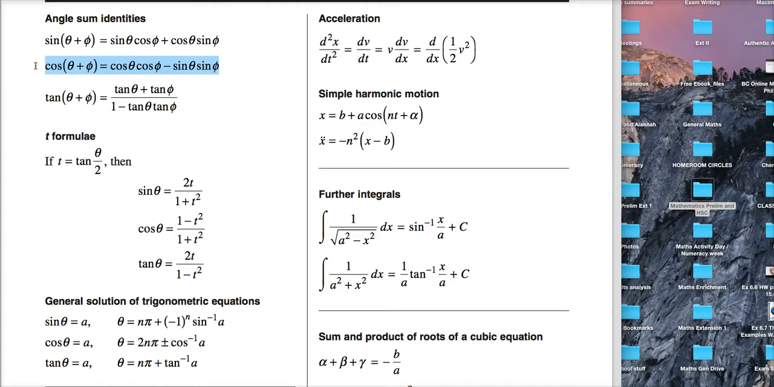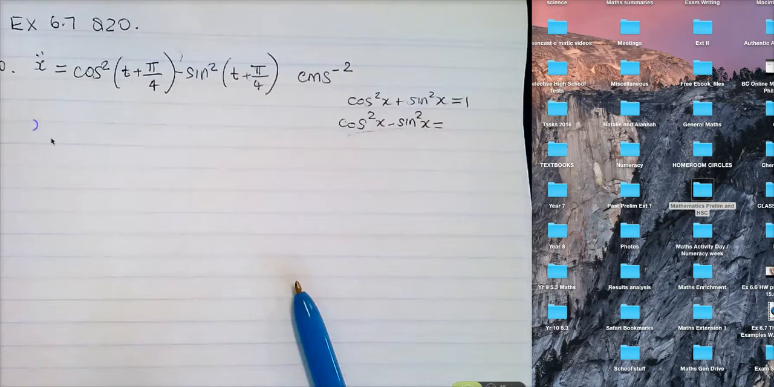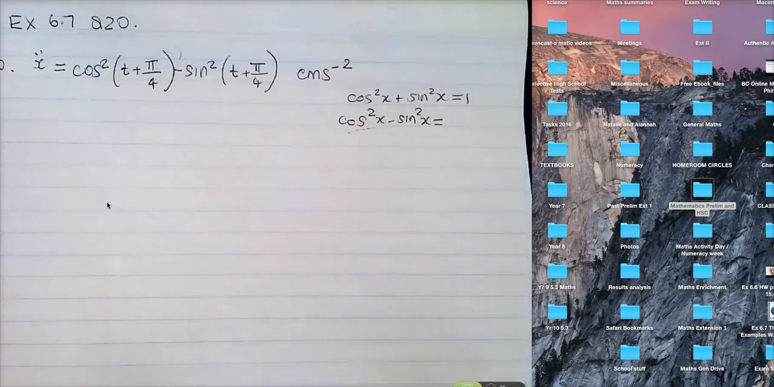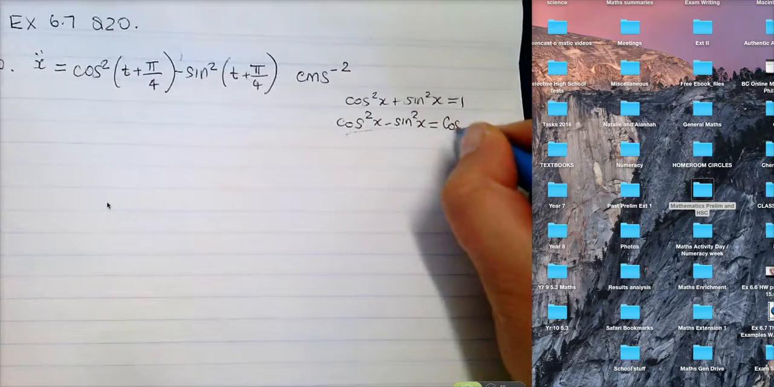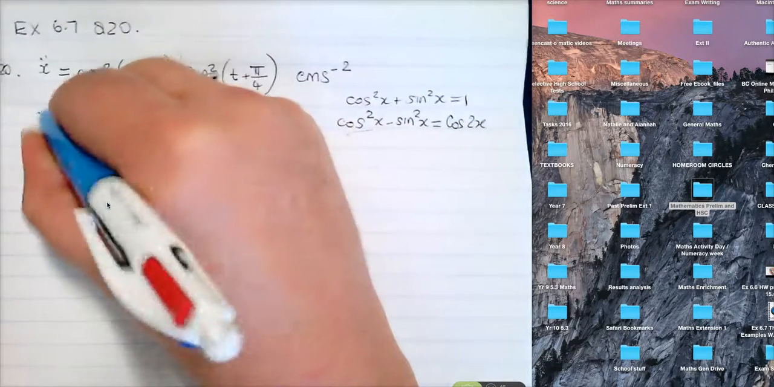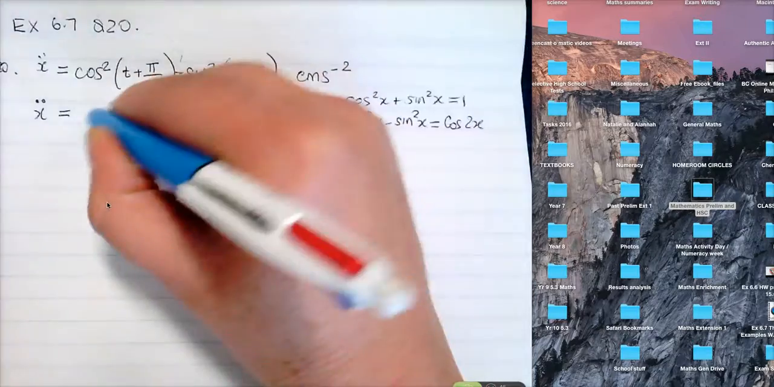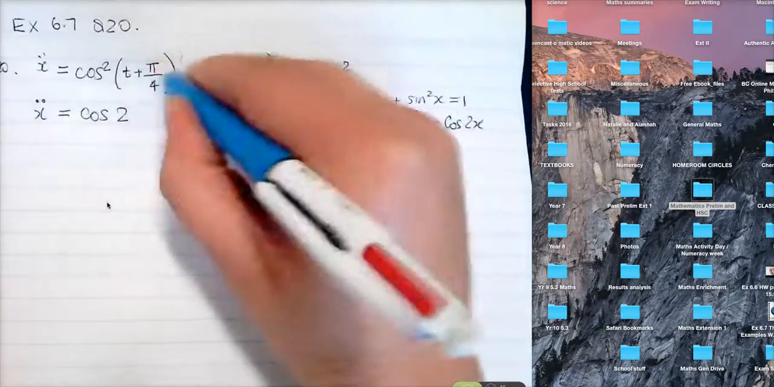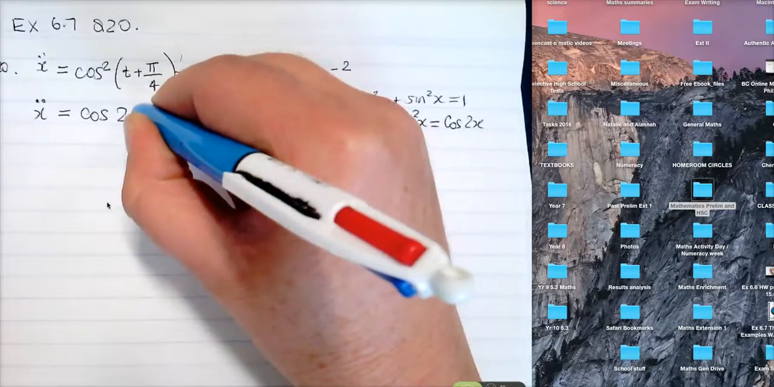If phi equals theta, then cos 2 theta is cos squared theta minus sine squared theta. The double angle result is in there without you knowing it. So, back over here, cos squared x minus sine squared x is the double angle result, which is cos 2x. So therefore, we can say that that is cos of 2 times, that's your x in this, bracket